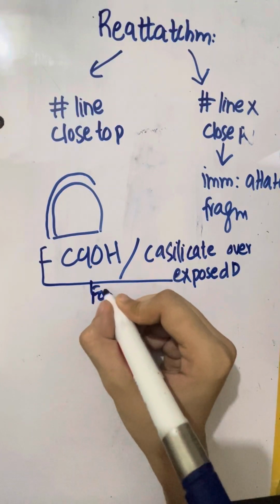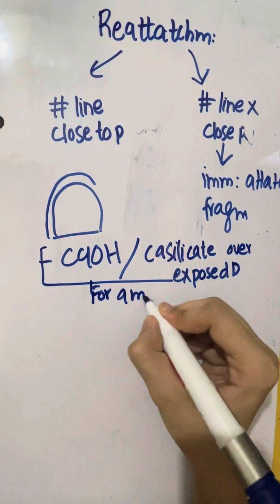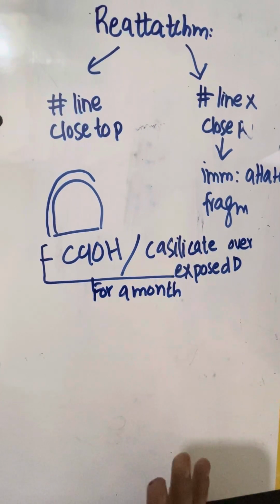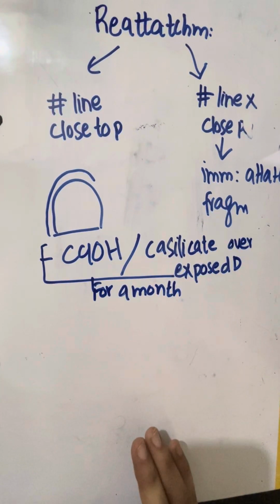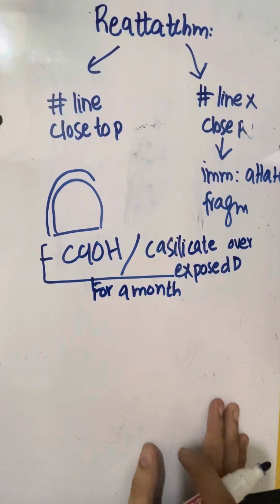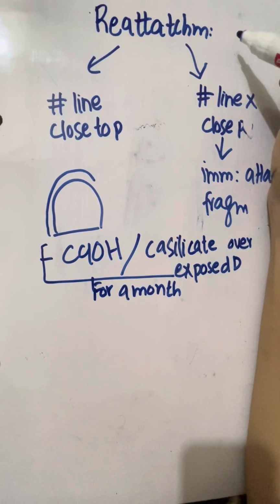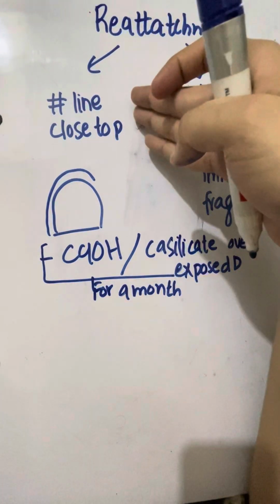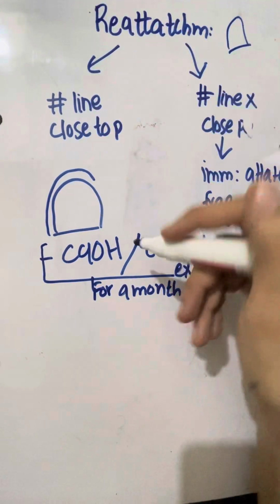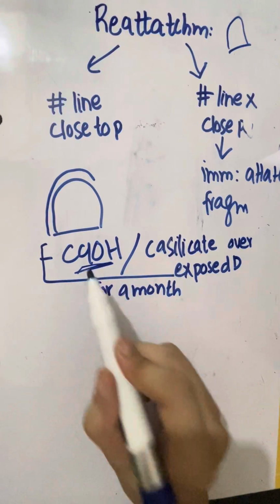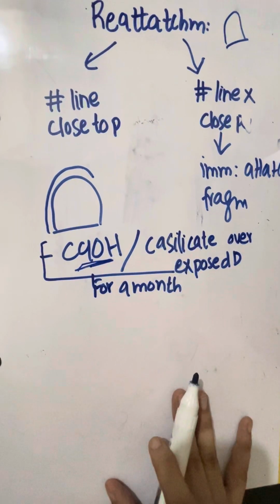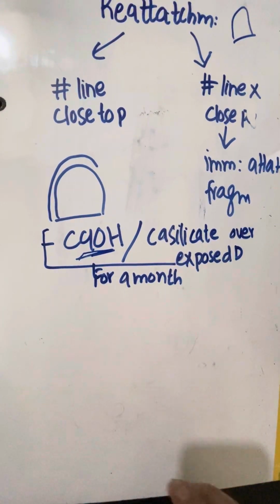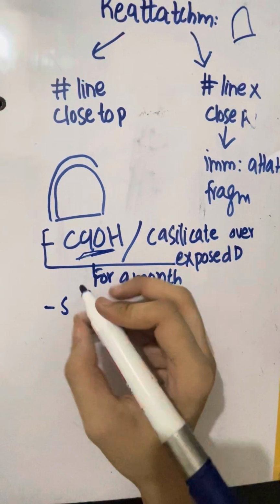If there is an enamel and dentine fracture, uncomplicated, and we have a fragment with us, we will go for reattachment. If the fracture line is close to the pulp, we will place calcium hydroxide or calcium silicate over the exposed dentine for a month. Then we will store the fragment